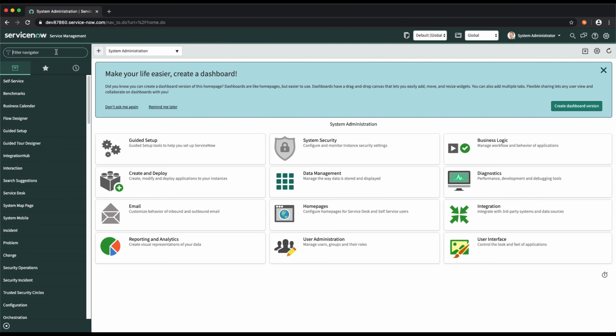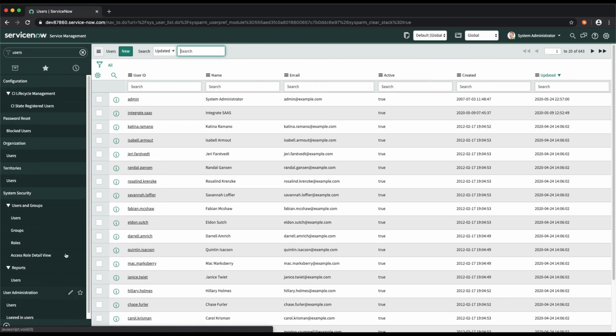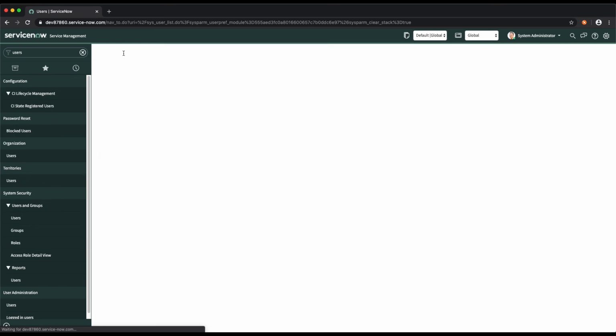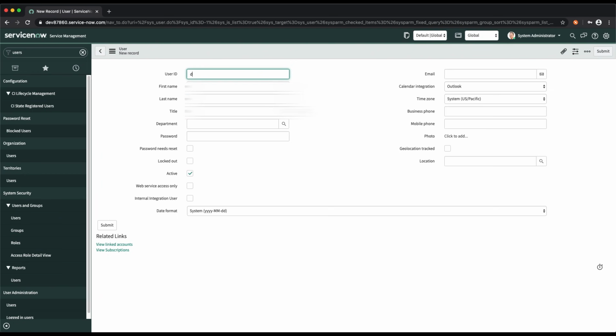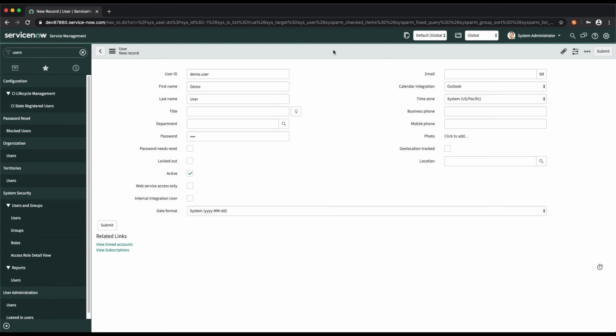So we will go to the user table. I'm going to the users module, and here I have a new button. So let me create a new user. I'm clicking on new, and here I will give the ID. It's just demo user. First name I can give demo, last name I can give user. I don't have to fill other details. Password, if I want, for now I will just give a random password, and I'm going to